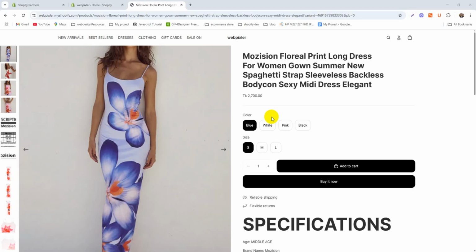This is Kamrul and today I am going to show you how to add a sticky add to cart button in your Shopify product page. A sticky add to cart button can boost conversions by making it super easy for customers to buy your